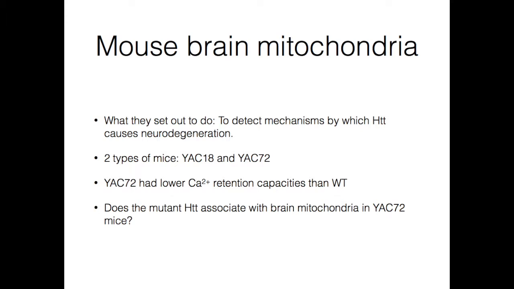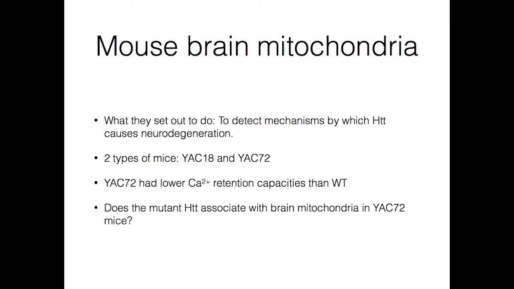The purpose of this experiment was to find the mechanisms, the ways in which the Huntington protein was causing this neurodegeneration. The researchers performed an experiment on two groups of mice. They were yeast artificial chromosome, or YAC, transgenic mice. One group had normal Huntington's protein, they called them YAC18, and the second group had mutant Huntington protein, which were